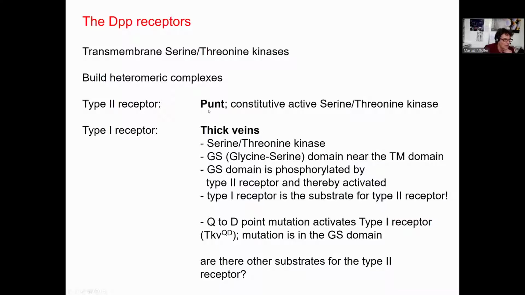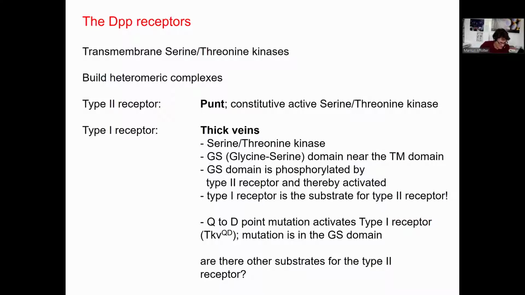What I did was ask Janni Nüsslein to send me her whole collection of mutants, 150 mutants she had: wingless, hedgehog. I mean, these were just names. Nobody knew what they were. There was a mutant called Punt. There was a mutant called Thickvein. And sure enough,